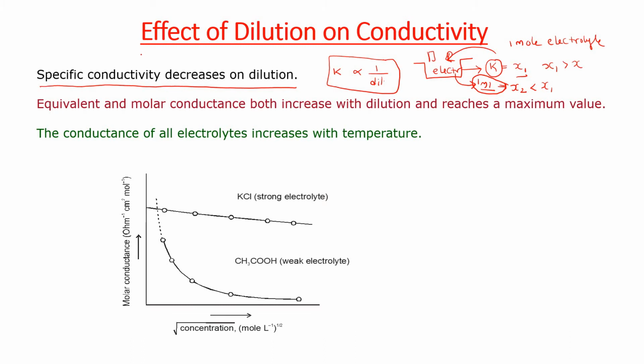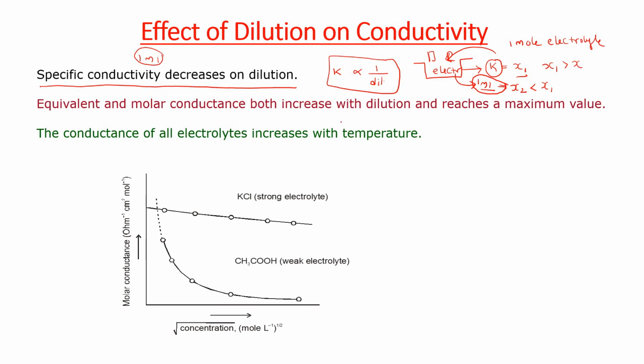So the number of fat particles, what happens? Decreases. Again add some water, take from that one. So again fat particles, what happens? Decreases. Taste will decrease here. Here also, whenever we are adding water to the electrolyte, we are removing 1 ml from that one and we are calculating the specific conductance here. So whenever you add water, with respect to that 1 ml, the number of ions will decrease.